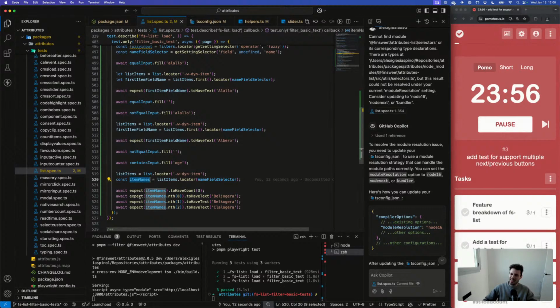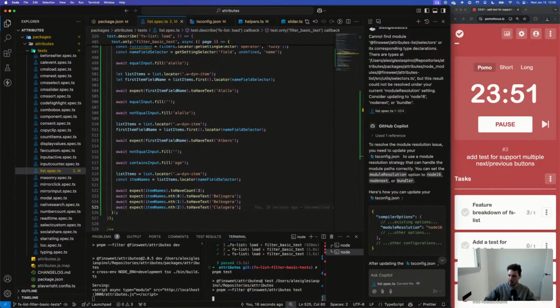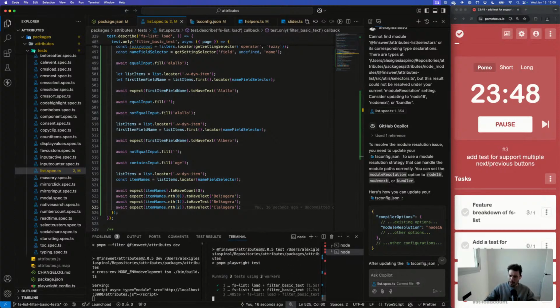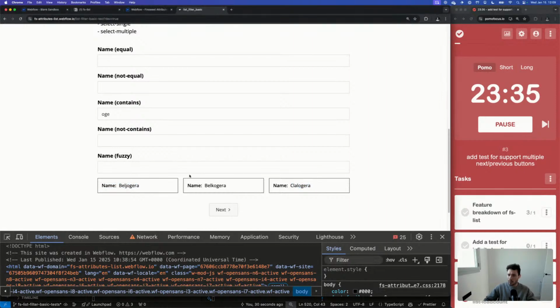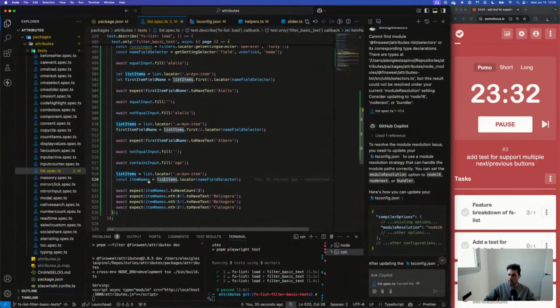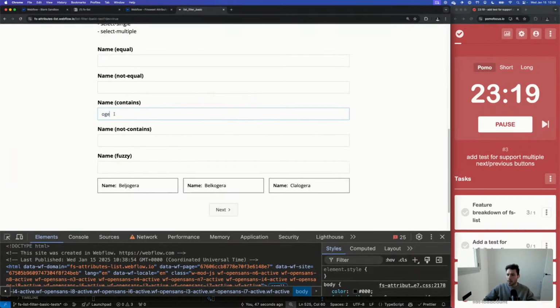Is this going to work? I don't know if this is going to work. Let's try it. Oh, it does. Oh, nice. I didn't know that you could do that in Playwright. So you don't have to loop through the items. You can just pass a single locator that contains multiple items, in this case 3 items. And you can do a nested locator, and it's going to get the items of the items without you having to loop or map stuff. Nice. Okay, cool.